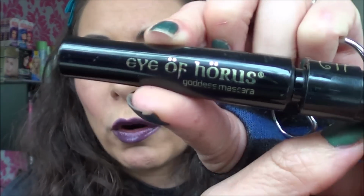Now we just need to finish off by curling our lashes and have a look for my Unique 3D mascara video that I'm going to do very soon. Today we are using the fabulous Eye of Horus, and this is a black. Now for any of you with any sensitive eye issues,